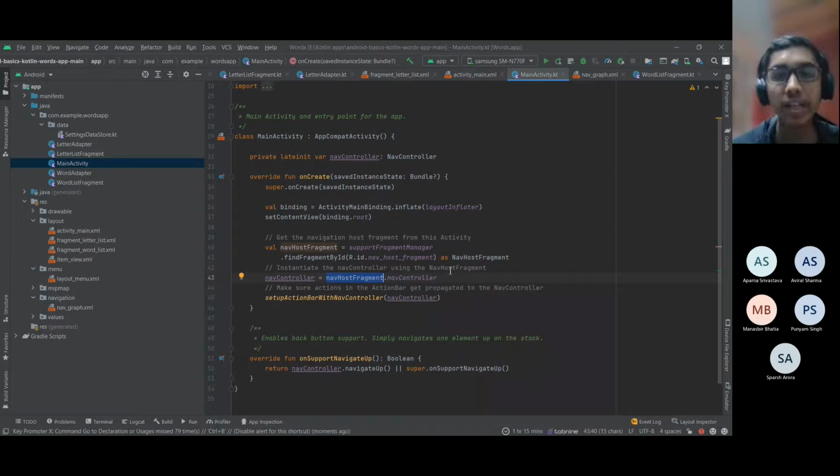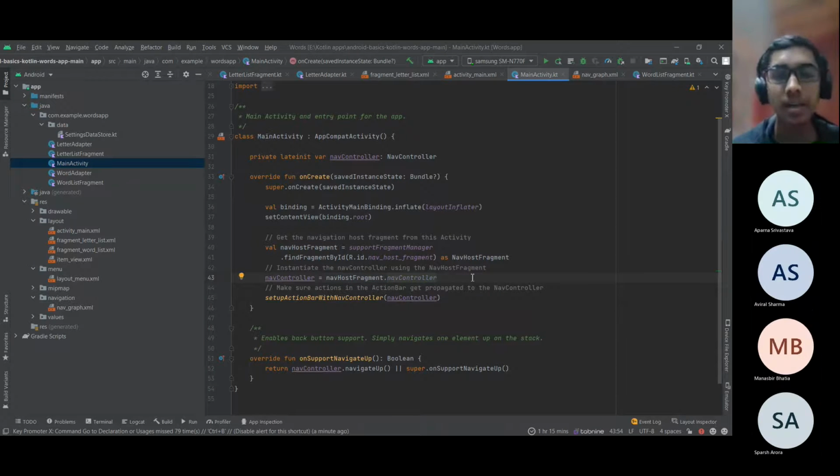All right. Why we need the nav controller is because it helps in basically specifying and controlling all the actions. And suppose we call this setup action bar with nav controller, right? What this does is it also sets up the action bar with your nav controller. If you take a look here, the Words app that's there, this top part will be your action bar. You'd have seen this in many apps.